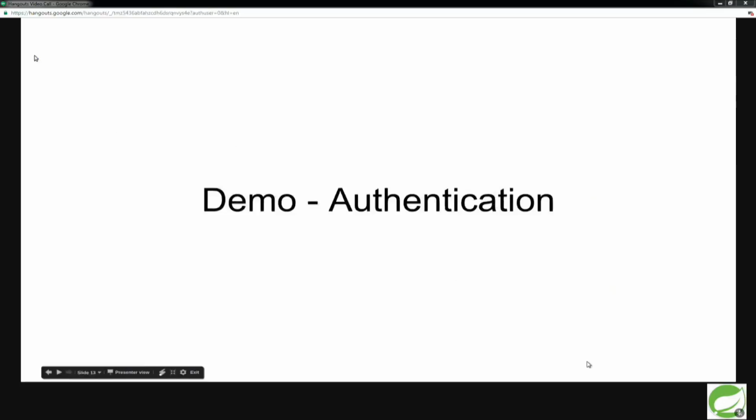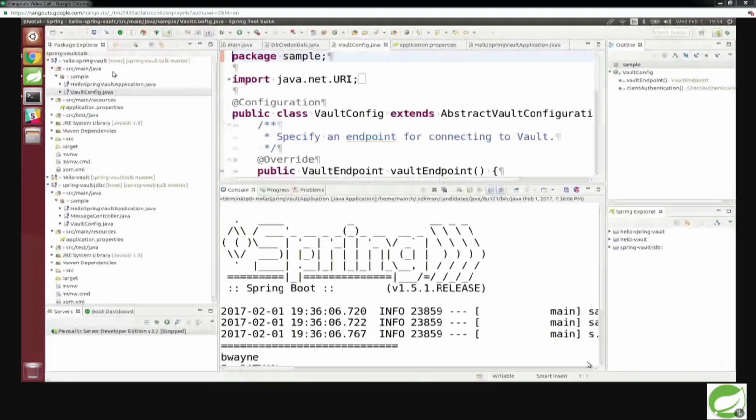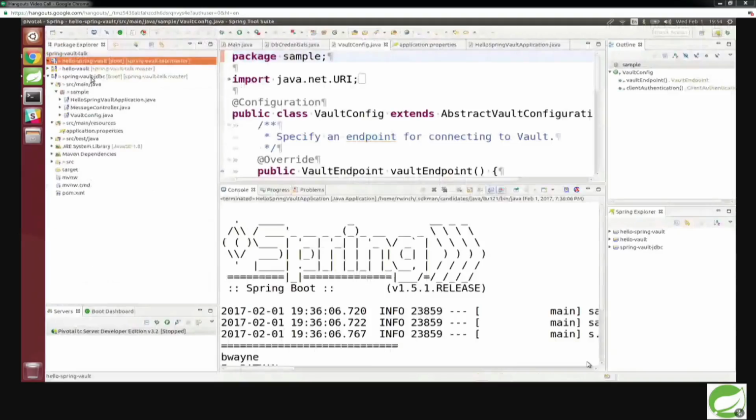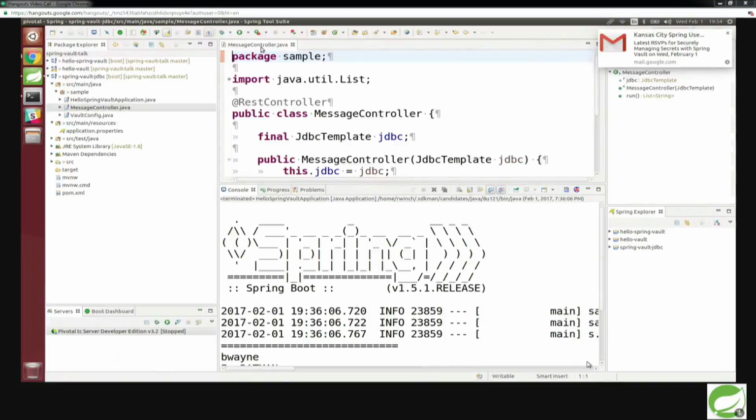All right. So, I have one more demo here for you guys. I have yet another app, and this one is going to be very similar to what we saw. The vault config is the exact same thing we saw earlier.